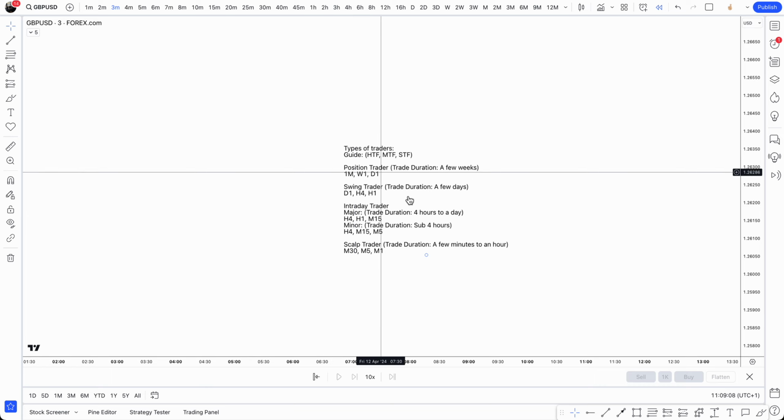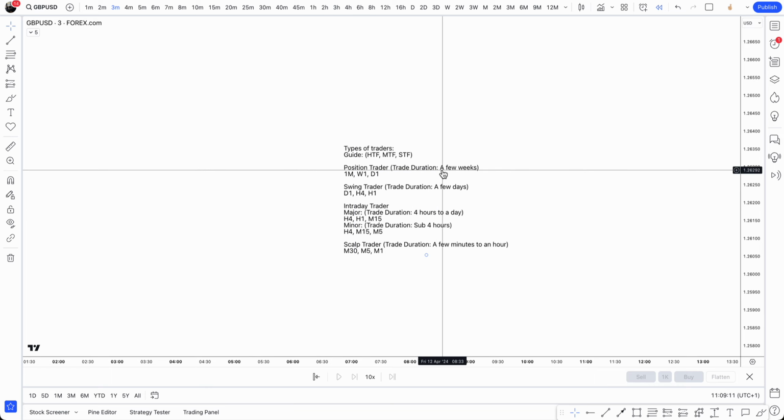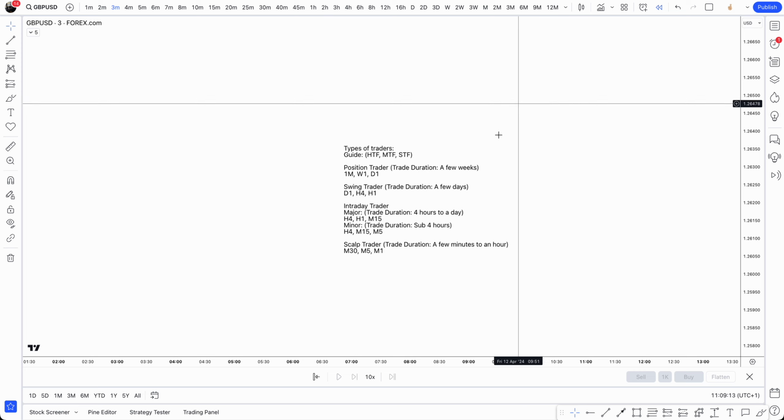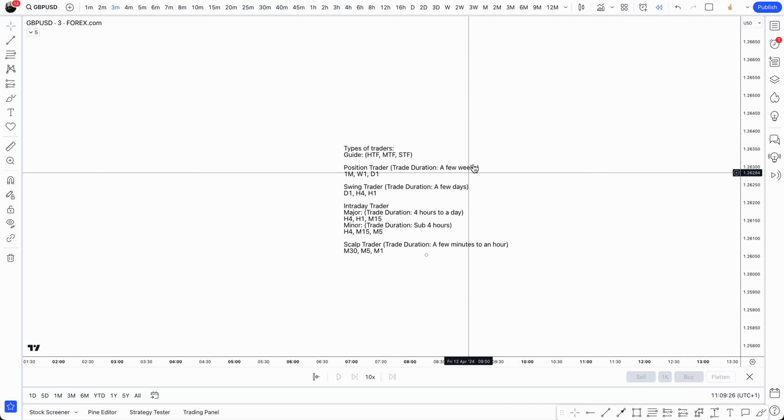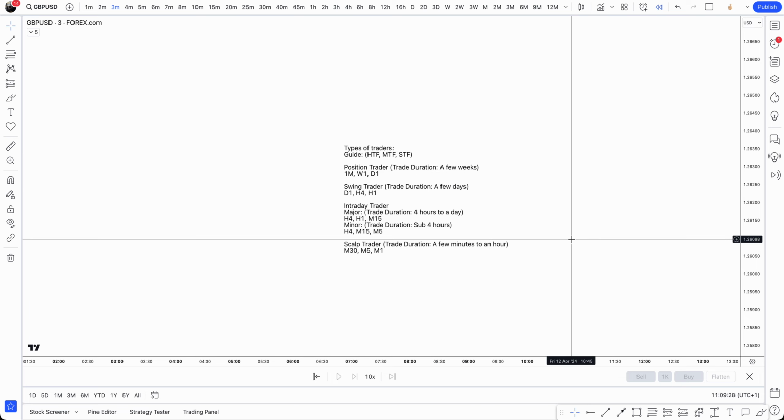So obviously position trader, as you can see here, the trade duration can be from a few weeks to even a few months or even a year. I mean, it depends how long you want to trade. And you want to choose a broker that doesn't charge swap on your trades because you'll be losing out a hell of a lot of profit based on swap if you're holding out for a few weeks. And you can do your research on what type of brokers don't charge swap. Usually Islamic concept offerings from brokers, they don't charge swap because it is against the Islamic concept. So that might be an option that you want to go with.